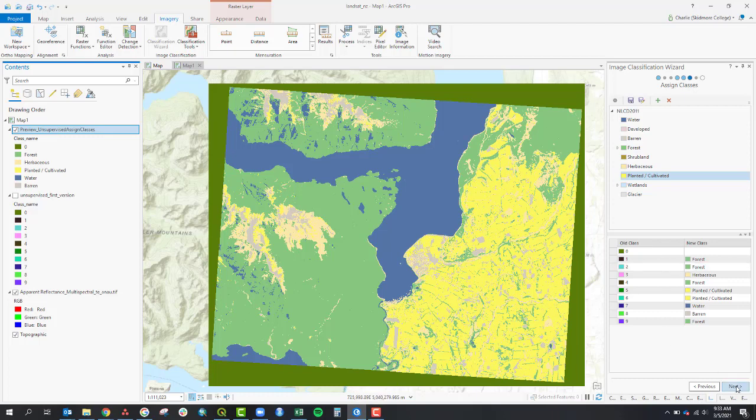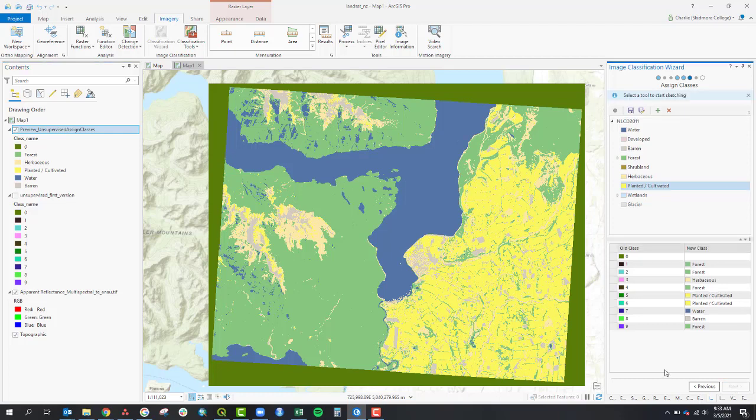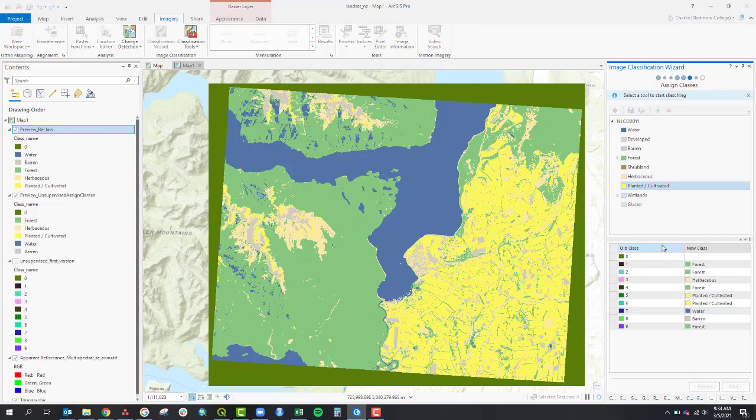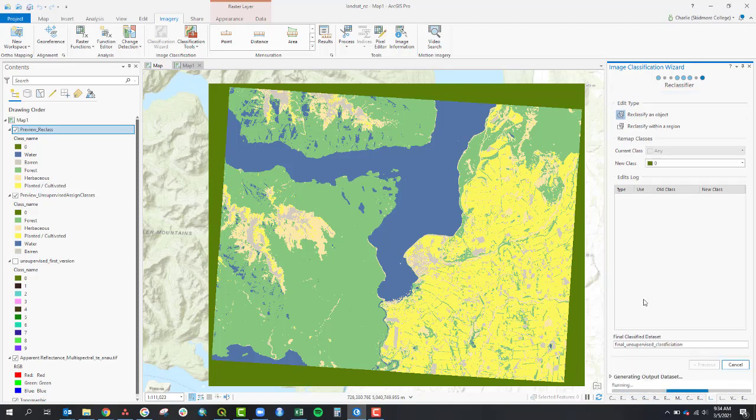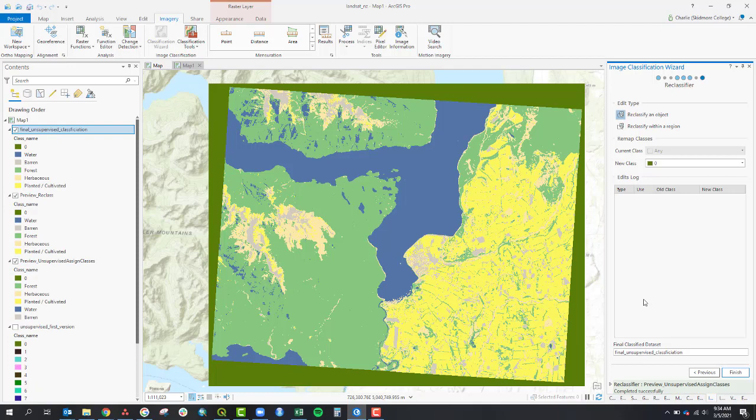So once that's done, I'm going to click Next, and I get a preview of my final data set. Everything looks good to me, so I'll call this my final unsupervised classification, and I'll click Run. So I now have my final unsupervised classification. I can click Finish down here,